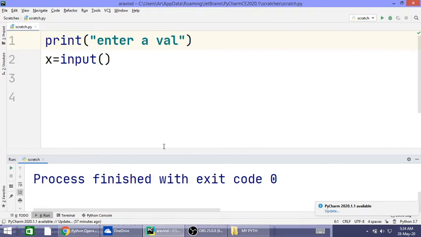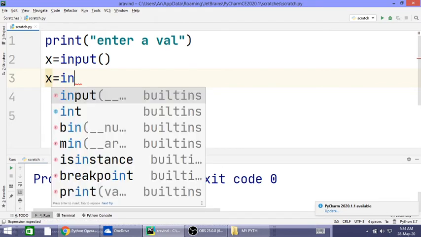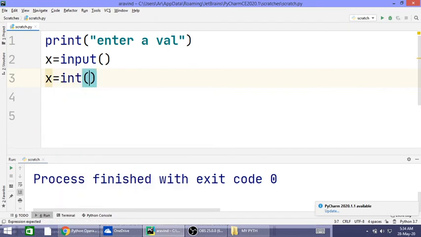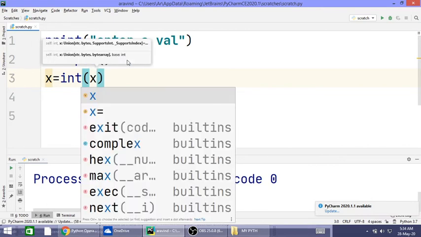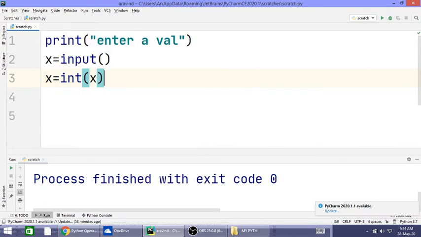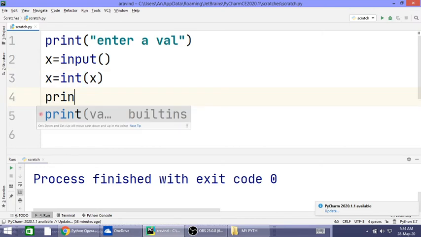Whatever value you enter will be stored in the form of a string. To make it an integer, you have to convert it using the int function. There is another function called int. Now if you print x, that will be a pure integer.